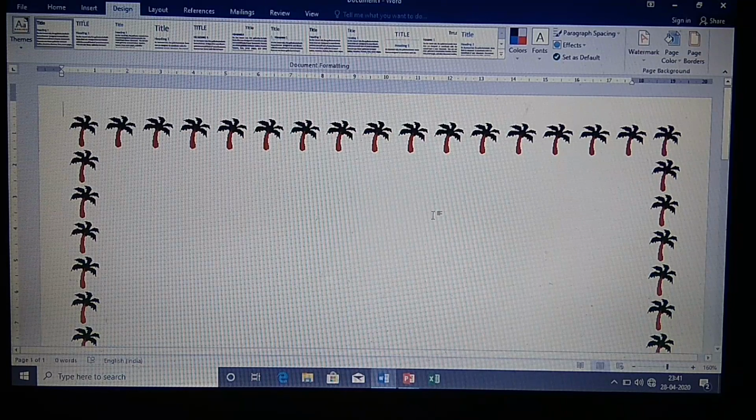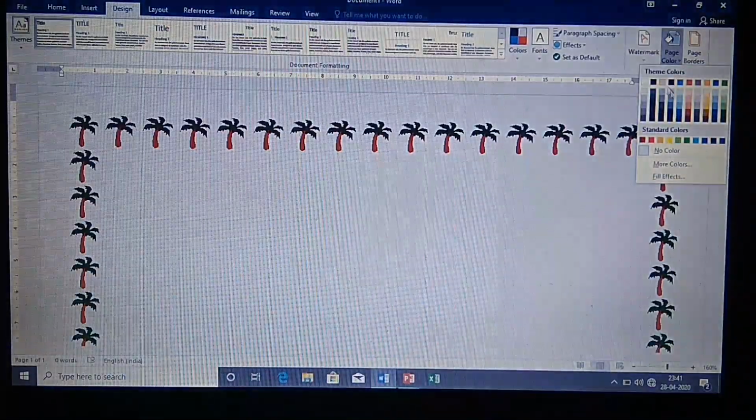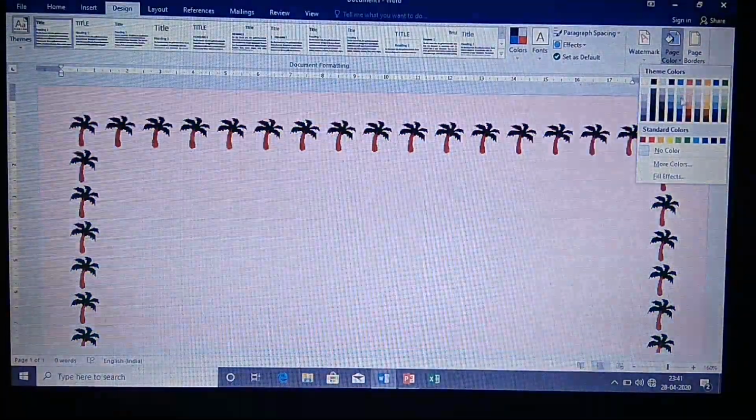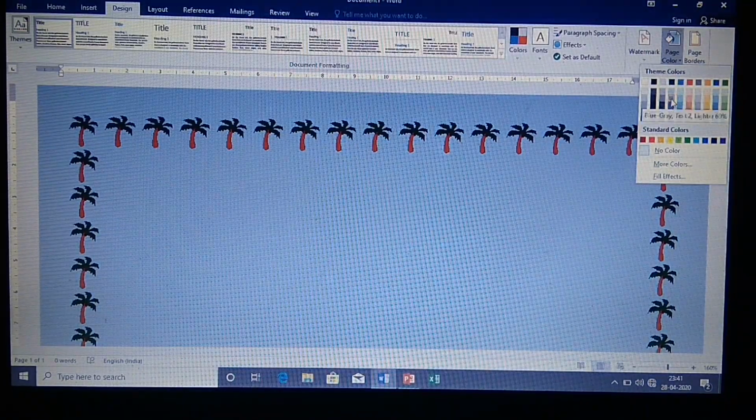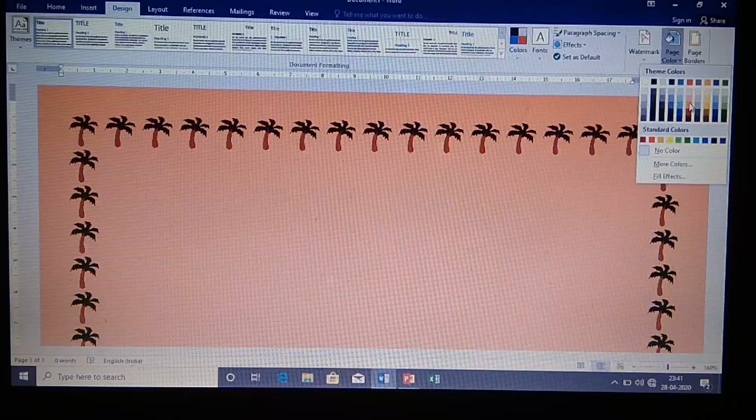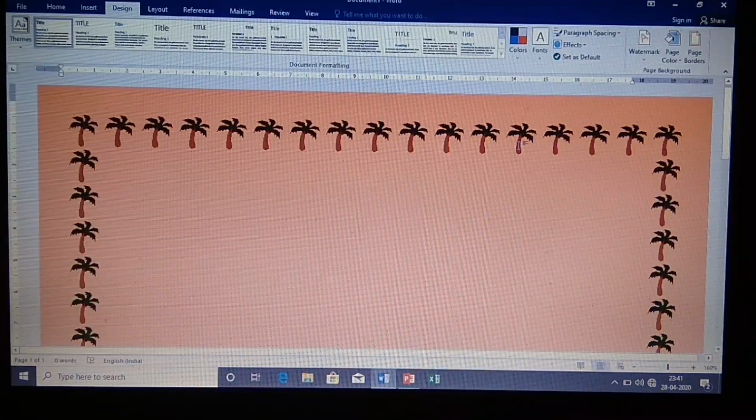The background of your page, or the page color, looks white, that is the default. You can even change the page color. To change the page color, you have to come to the same Design tab, Page Background group. In Page Color, you can select the color of your choice. So it is not compulsory to keep white every time. You can change the background color as per your choice. Now let us select this. So here we have understood about page color and page border also.